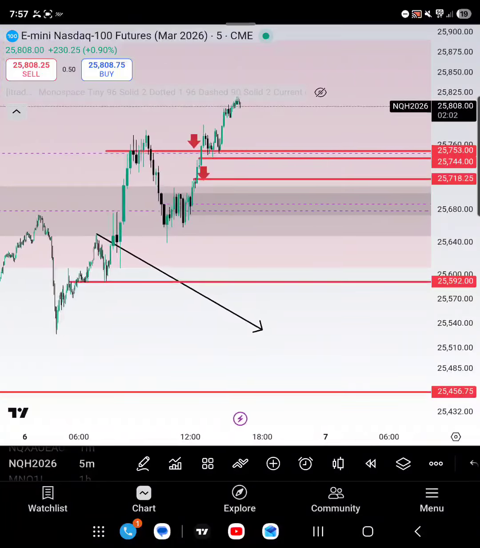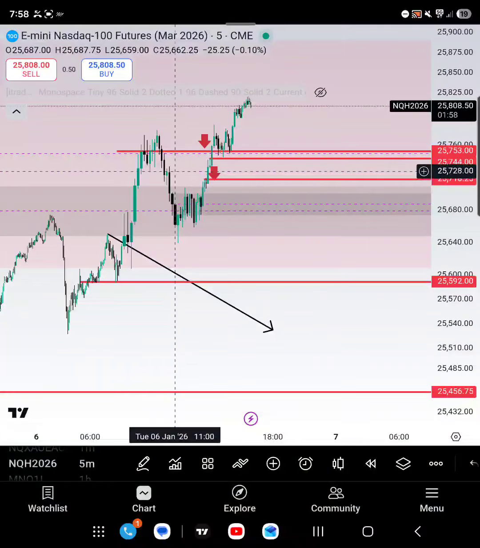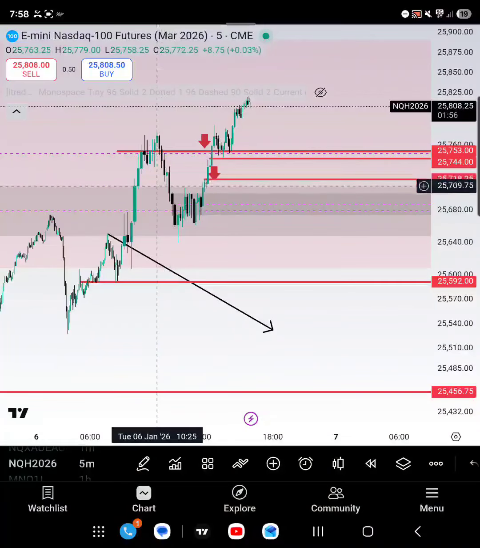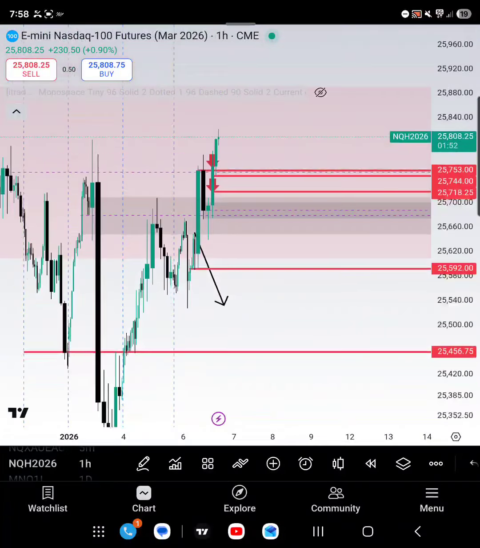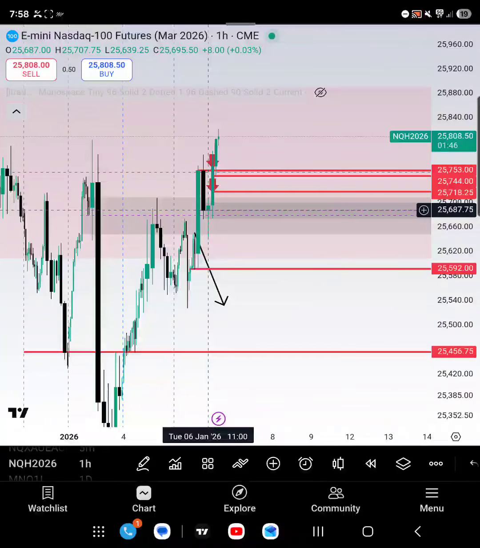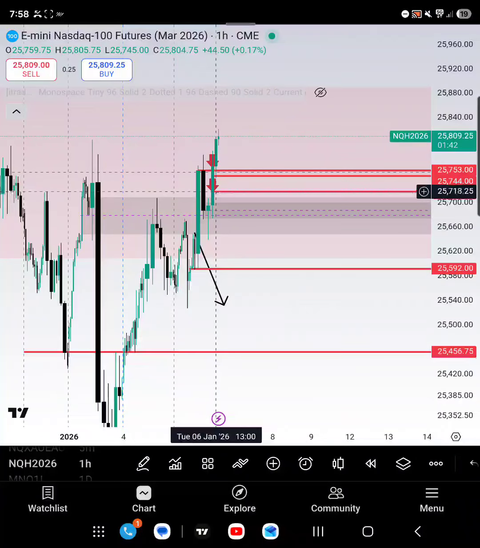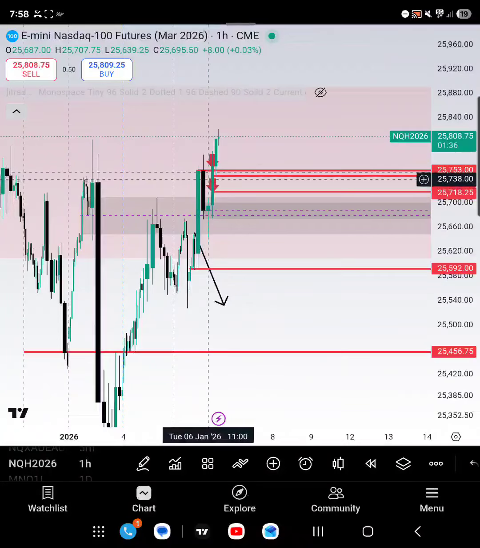So losses are part of trading, but I should have been more cautious and more careful, because at this point on the hourly, we did go into this daily range and we closed above the midline of the daily range. I should have been more cautious. I would just focus on the point of interest. So the lesson is only to take one trade per trade idea and to be more cautious after taking a loss, or maybe just